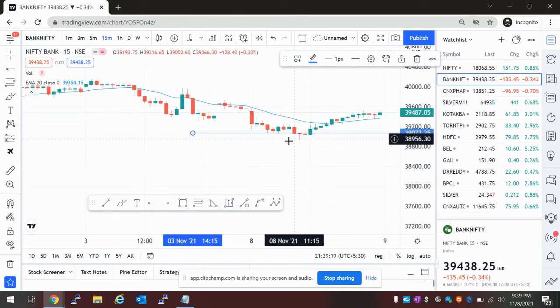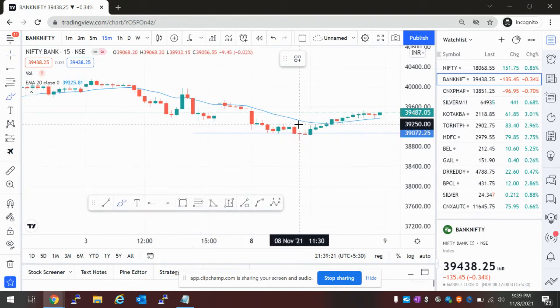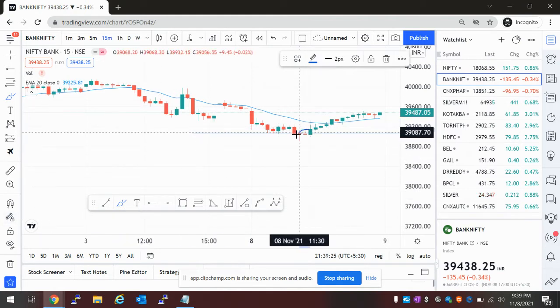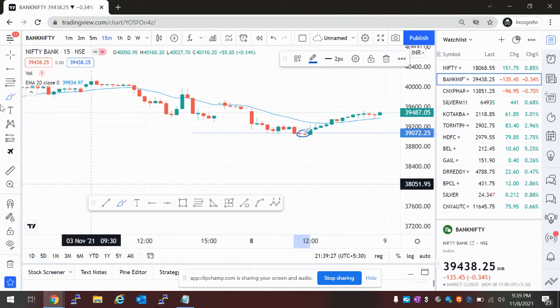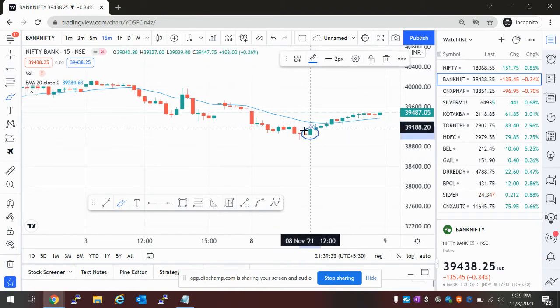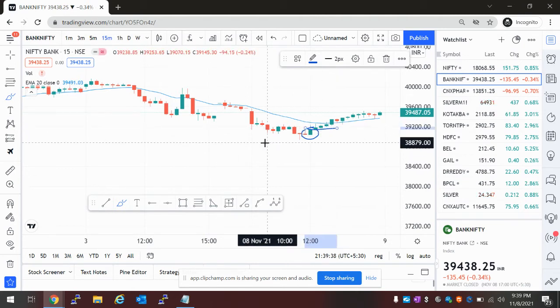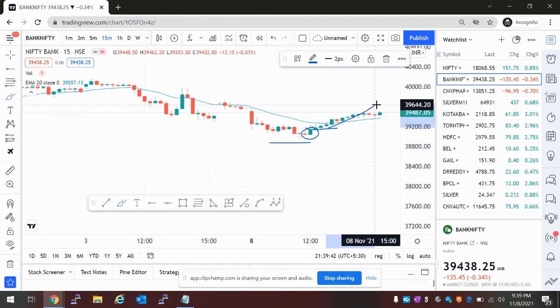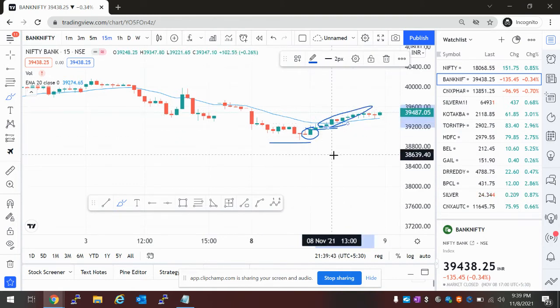When the market closes above that hammer, see, this one was not closed, right? The next one closed. The hammer high was closed in this candle. So once that happens, make a trade here and put your stop loss here. Now you got the reward here. So this way it has moved.